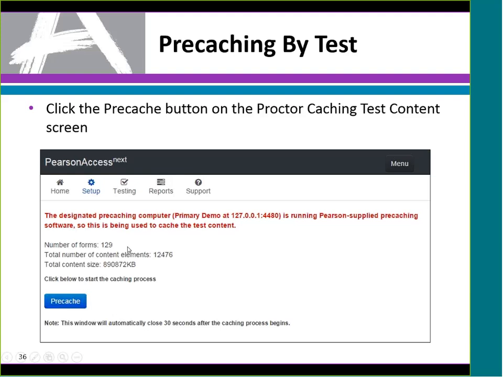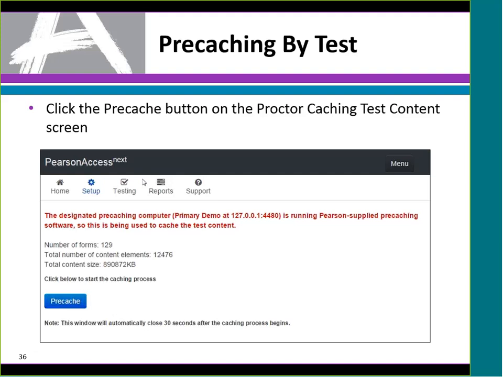If you try and do this and you don't have access to the Proctor caching machine, this will not work. Basically, what's happening is you're reaching out to the Proctor caching machine via Pearson Access Next from your device, and you're telling that Proctor caching machine what to download. So you're saying, hey, go out to Pearson, find grades 3, 4, 5, and 6 tests, and download them for us. The Proctor Cache machine says okay, and it goes ahead and does it, and that's when it loads up the window, so you can kind of monitor the progress of those downloads.